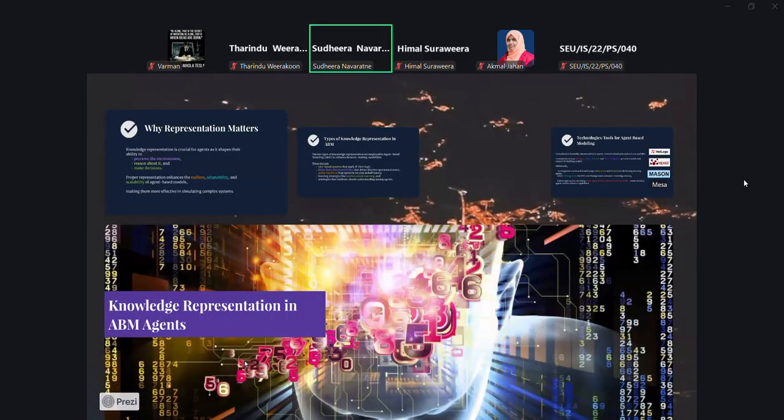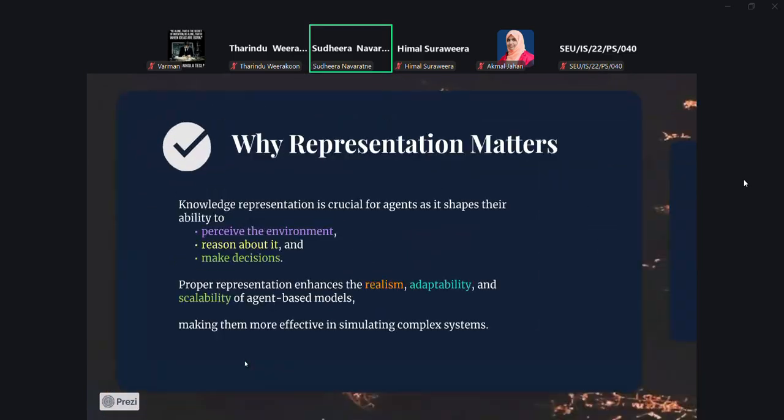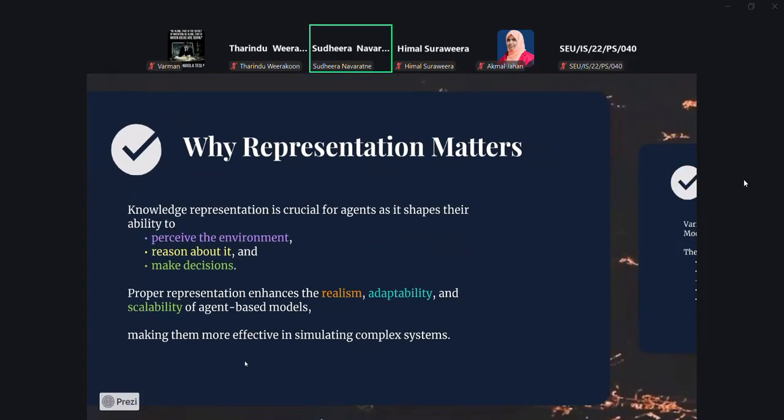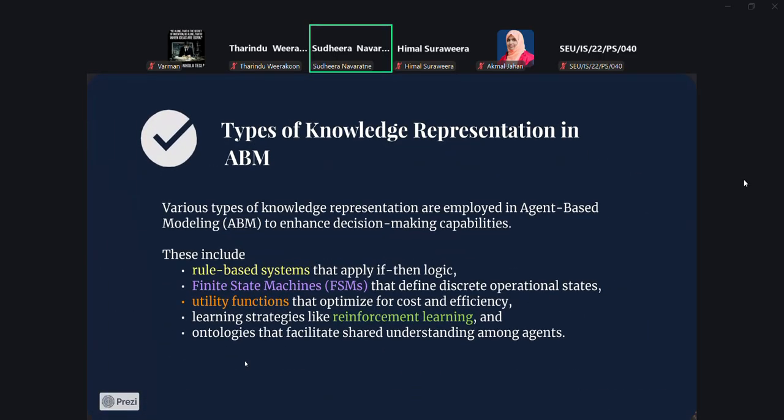Okay. So how do you represent the intelligence, right? There are various techniques you can use. You can use a rule-based system to represent the agent's intelligence, or a finite state machine, okay? Or you can use utility functions or cost functions as we have seen in the mathematical model.